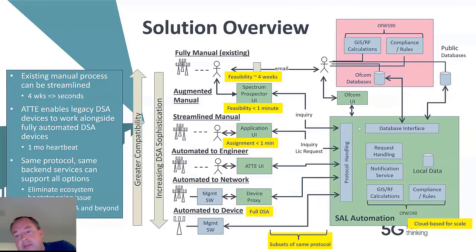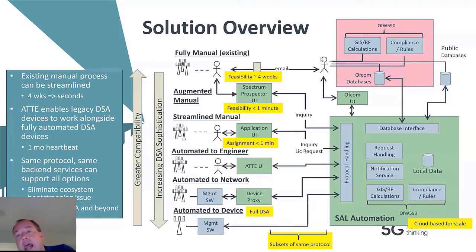So what that means is, after you get this basic piece up and working down here, because this is all REST interfaces, and then in effect checking about Spectrum, making a grant request, and then renewing the grant request, is all conceptually part of the same protocol. You can use that same protocol across these widely disparate use cases, and allow someone who's operating still under the original streamlined manual process, someone who's going through the automated engineer process, or a full DSA to be operating side